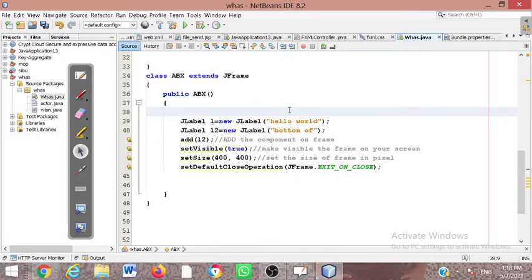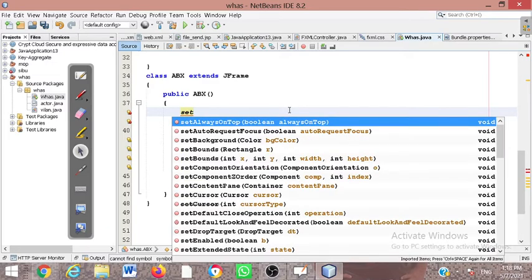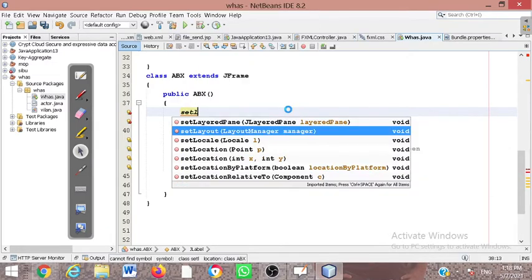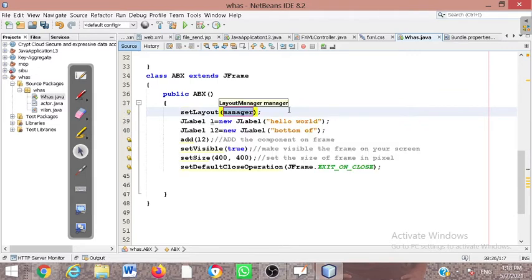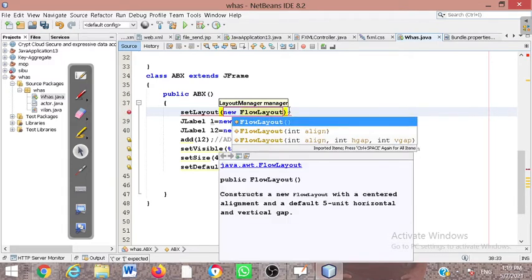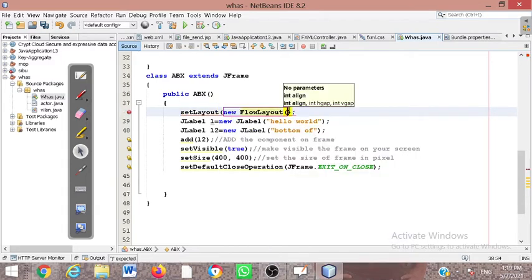I am going to write it once again. setLayout is the method, and inside that I am using new FlowLayout, the FlowLayout object. This is my class name, FlowLayout, and finally I created this object here, right? Inside that I have to pass one more parenthesis. So now this anonymous object I created for the FlowLayout will set your components from the middle space of the frame.